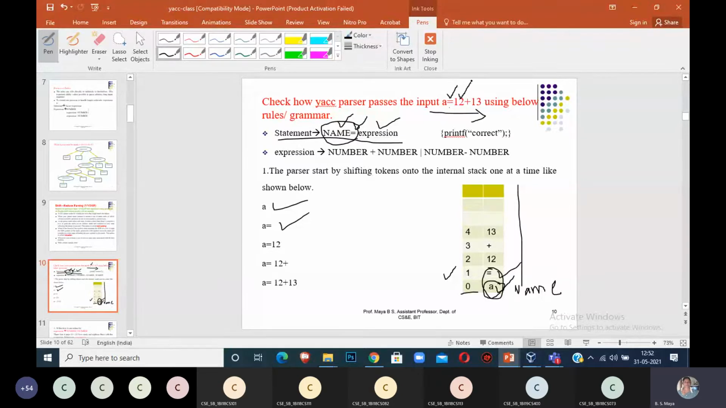I am reading 12. 12 is a token. I read that token and shift it onto the stack as 12. Now 12 should look like a number. The 12 will be matching for number. My stack now contains name is equal to number. Do you have anything to replace that with? Name is equal to number? No, because